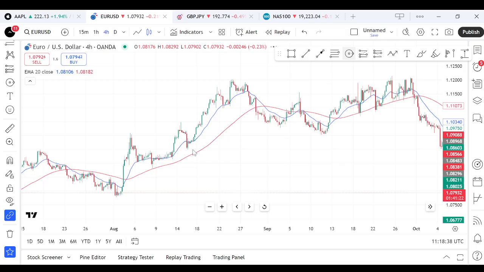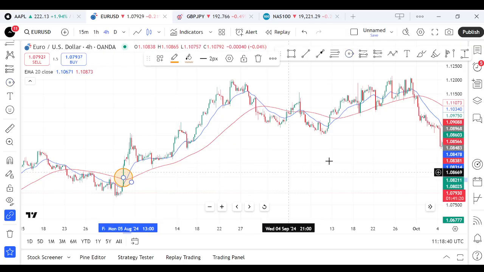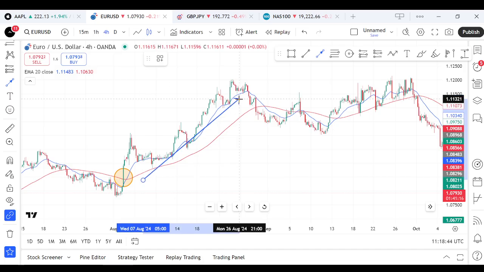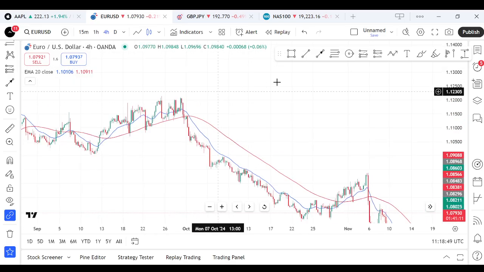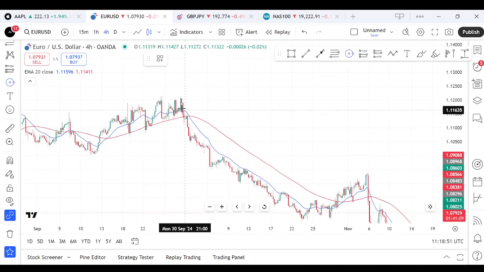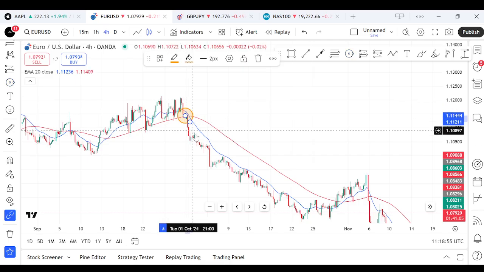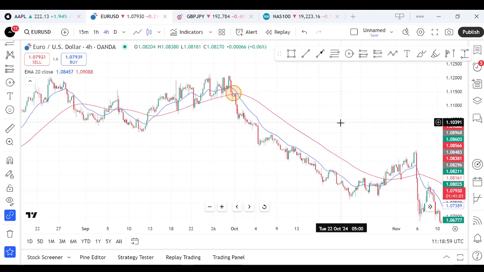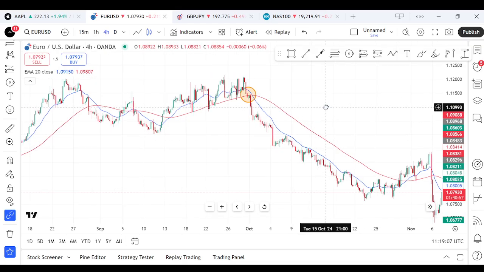You can see the price moving above the EMA here, signaling buying opportunities to long this market. And at the same time, you can see here the price moving below the EMA, signaling opportunities to sell or short the market. So to make this strategy actionable, traders often use specific EMA periods, such as the 20